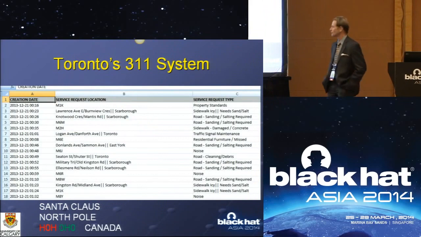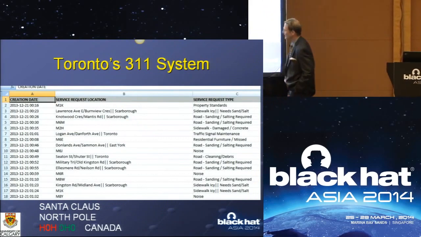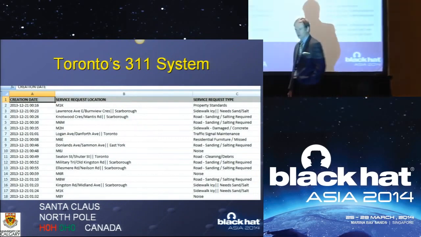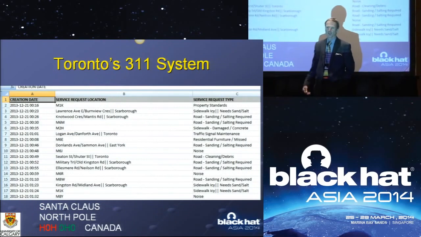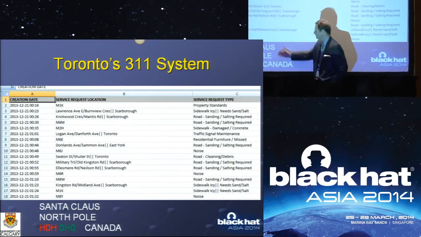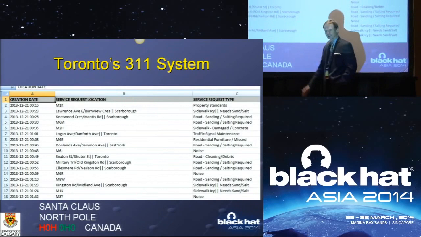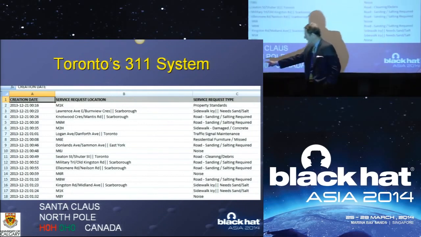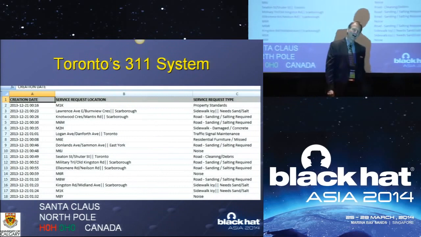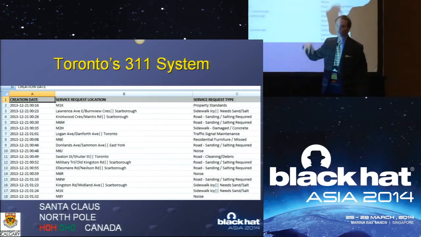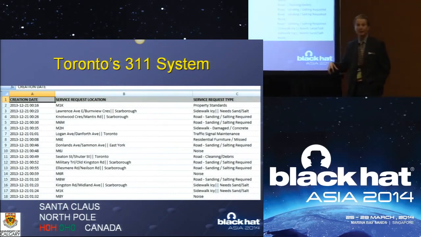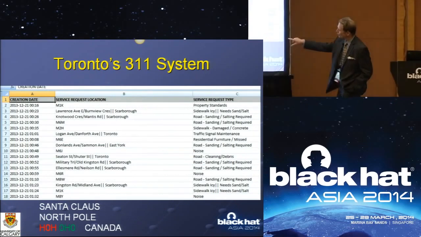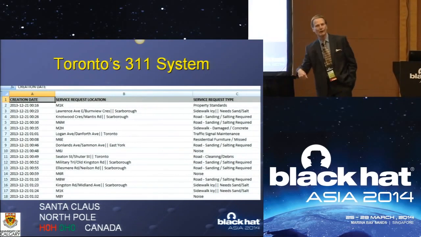This is the city of Toronto, and I have to teach you a little bit about Canadian postal codes. We have 6-character-long postal codes. In fact, you probably know that Santa Claus lives in Canada. He lives at the North Pole, and that's Santa's address. Now, why do we care about that? Well, this first string allows you to determine roughly where Santa lives, or anybody else in Canada, and then the rest of it fills in exactly where they are.